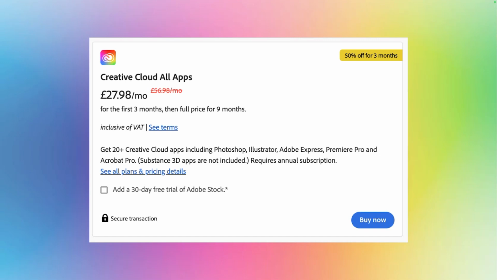So it is expensive, and you have to continue paying for it. If you want things like Adobe Stock, Adobe's library of stock images, video and content, that is an additional fee on top of that. And if you compare that to the last version of Adobe software that was available as a perpetual license, back in 2013, that cost £1,300, and you'd have indefinite access. You would install that, get a license key, and have access to that software indefinitely.